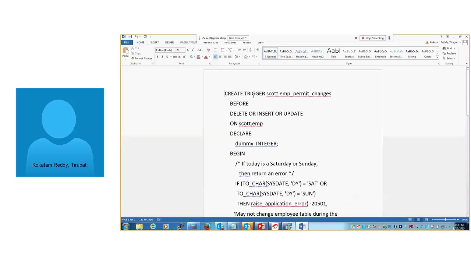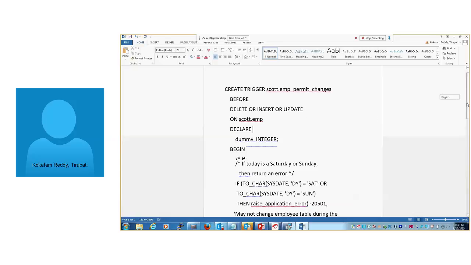Create or replace trigger name. Before means before performing the insert or update or delete operations on the EMP table. On the EMP table, this is the trigger name. Before performing any DML operation on the EMP table, we declared one dummy.